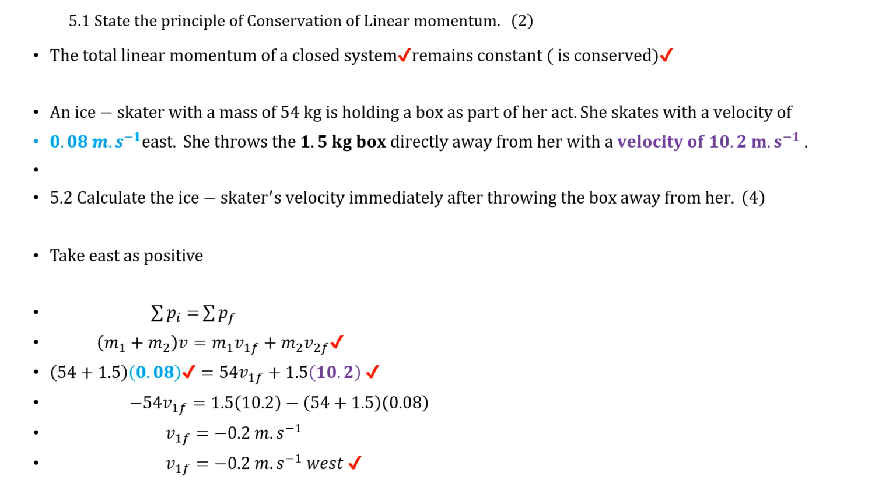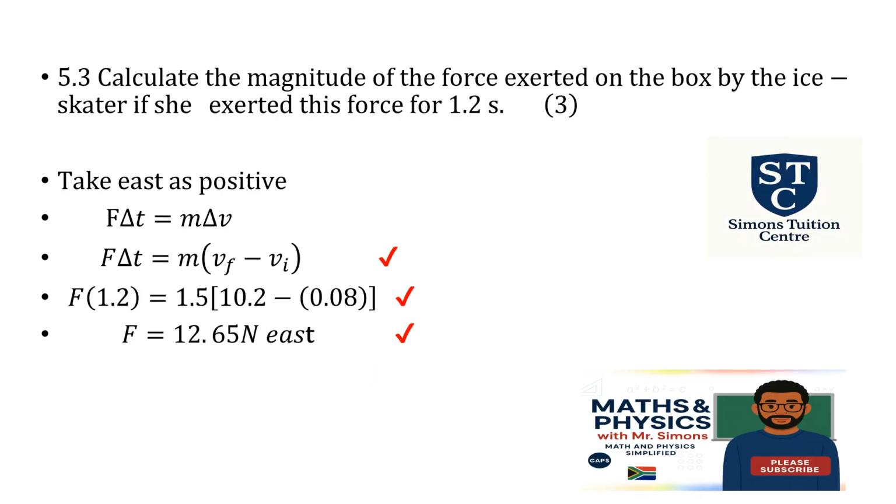Right, next question. Calculate the magnitude of the force exerted on the box by the ice skater if she exerted the force for 1.2 seconds. Remember the box weighed 1.5 kg. It had an initial velocity of 0.08 meters per second and a final velocity of 10.2 meters per second. They want force and they've given us time, so I'm using force times the change in time equals my change in momentum,